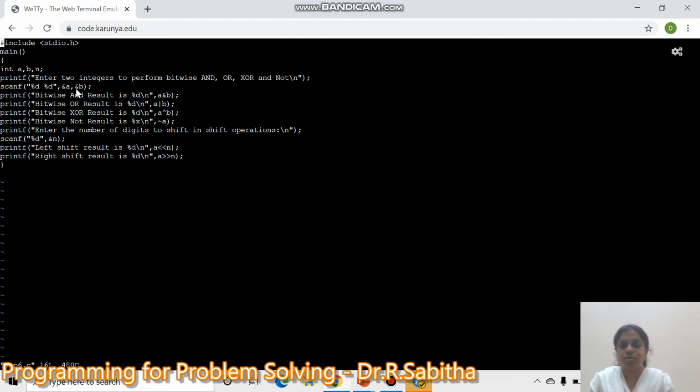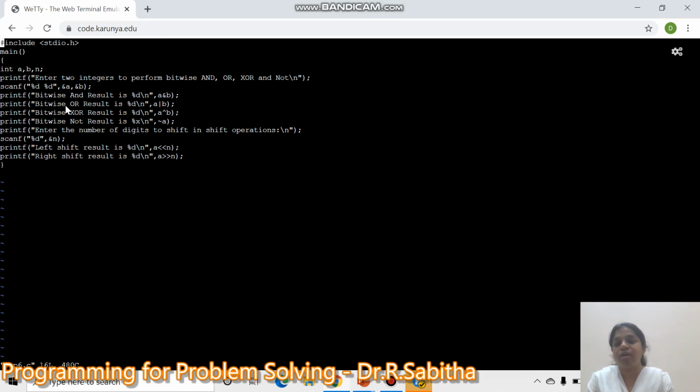For bitwise AND, you just give a & b. Whatever values we feed as input to a and b will be converted into binary, and based on the table I've shown, the operations will be performed. When both the bit values of a and b are 0, the result is 0. For each and every bit the comparison will be done.